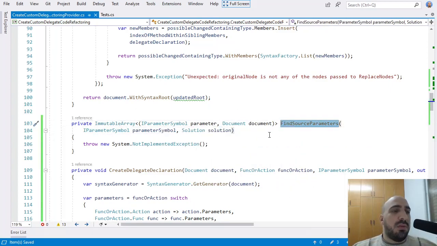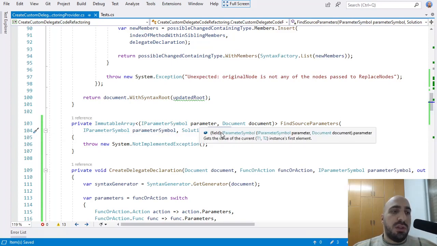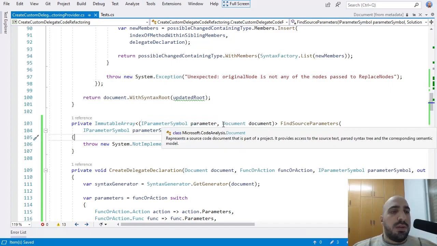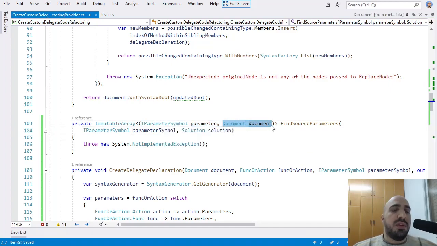So this method, which I will be implementing next, we will give it a parameter and the solution, and it will find all parameters in the solution that will be used as arguments to this parameter here. Okay. And when we return each parameter, we also return the document that contains this parameter. And we want a reference to this document so that we update it to change the type of the parameter, right? Okay.